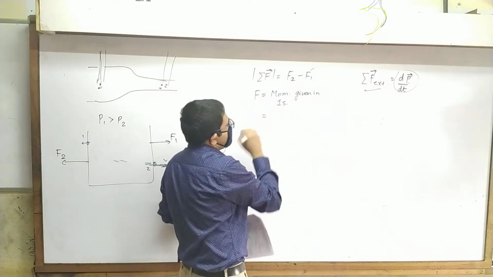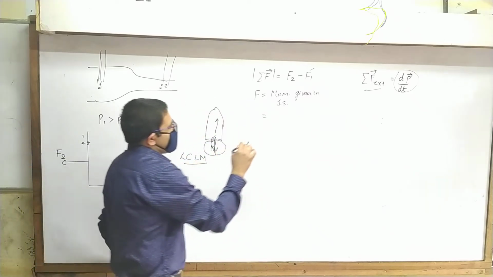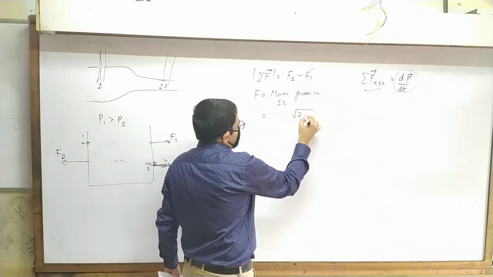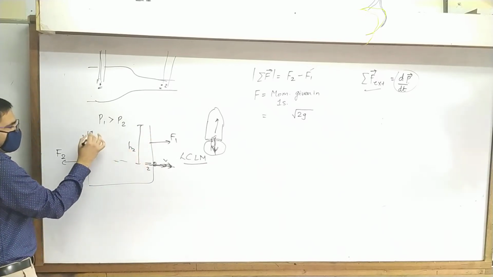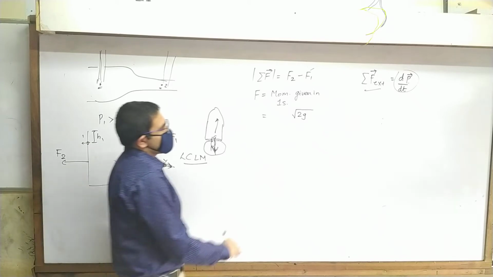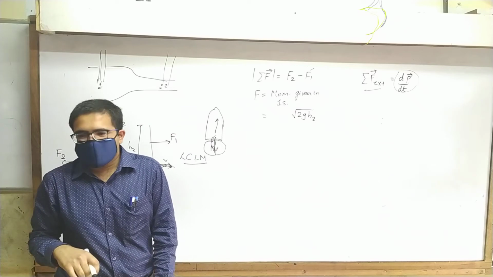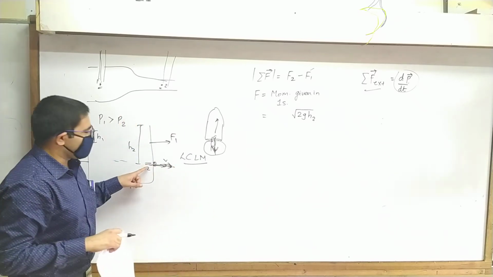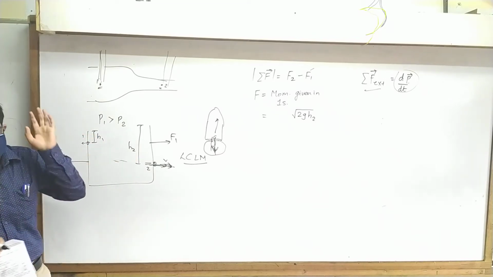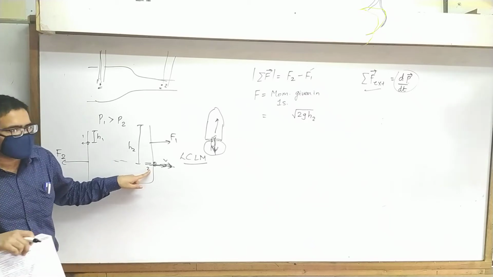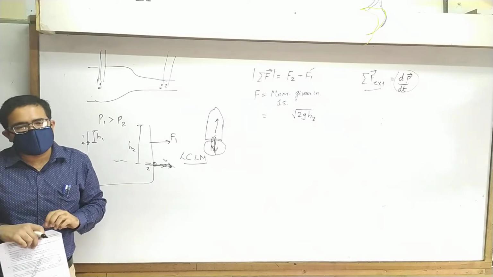So when this fluid leaves, it will leave with how much speed? Under root 2g. Now we don't know what this depth is. So let's call this depth h2 and let's call this depth h1. So it will leave with this speed, correct? Yes or no? Sure? When the fluid leaves out of hole 2, forget about hole 1 for now, just focus on hole 2. So it will leave out with that much speed, correct?